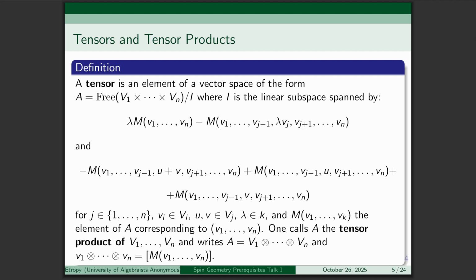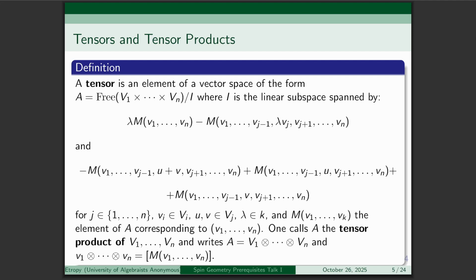And so we get this first expression we desire to be identified with 0, namely that if I scale the formal joining of v1 through vn by some lambda, this is the same thing as if we imagine that all but vj for some j are fixed in the formal expression and the jth is scaled by lambda. And so we take the difference of these two and this must be 0. And so we can put that in our subspace